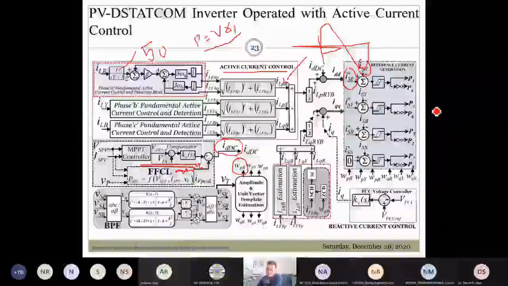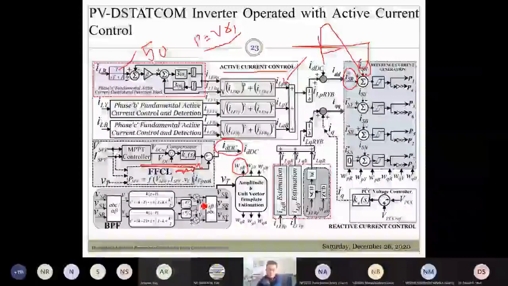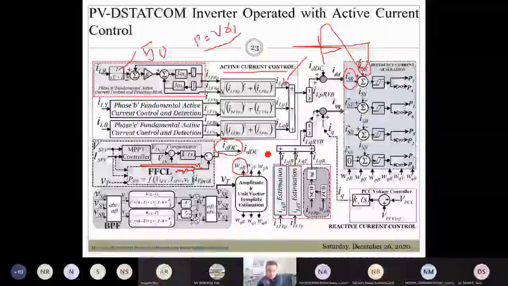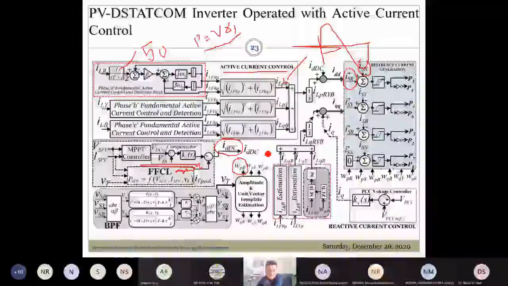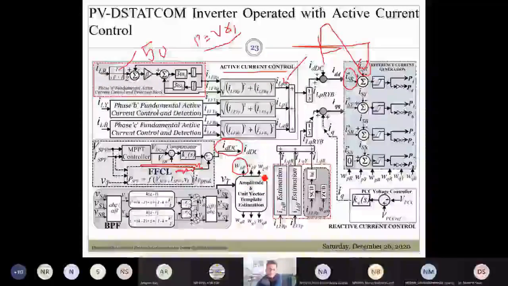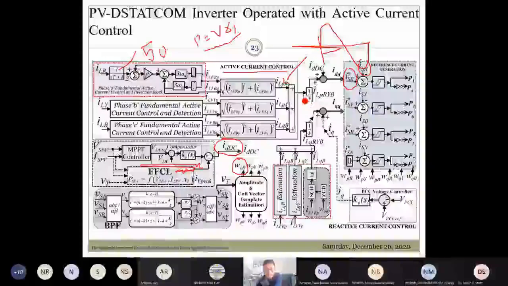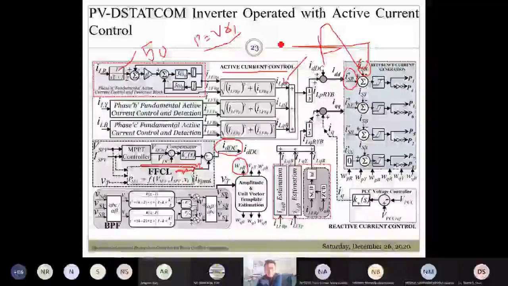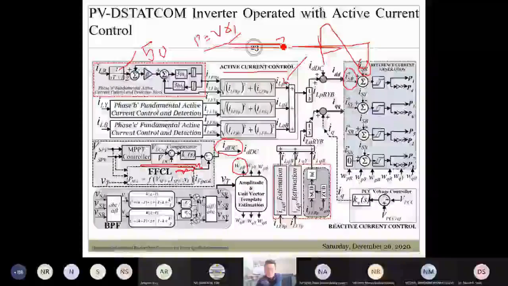Oh, no. I think you are getting me wrong. You need to understand, there are two ways. One is through PLL, where you will have the phase angle. Now here, you do not need the phase angle, because you have the unit vector templates. These unit vector templates will be further utilized to detect the phase angle. How will the phase angle be detected? It will be detected through ZCD, the zero crossing detector.